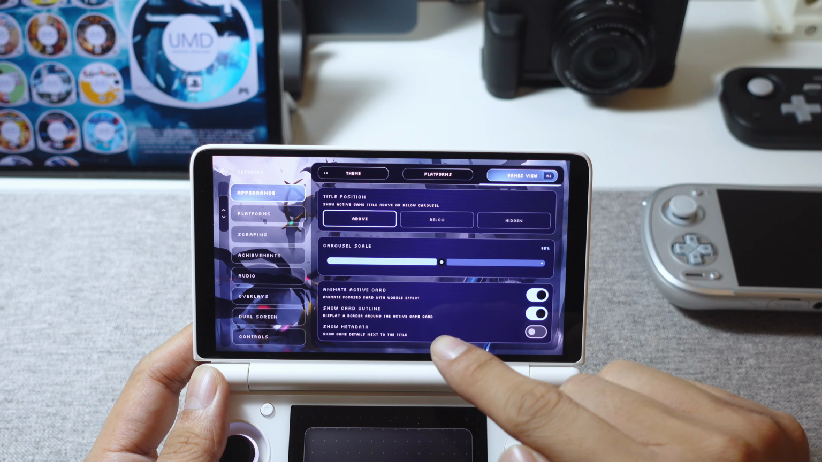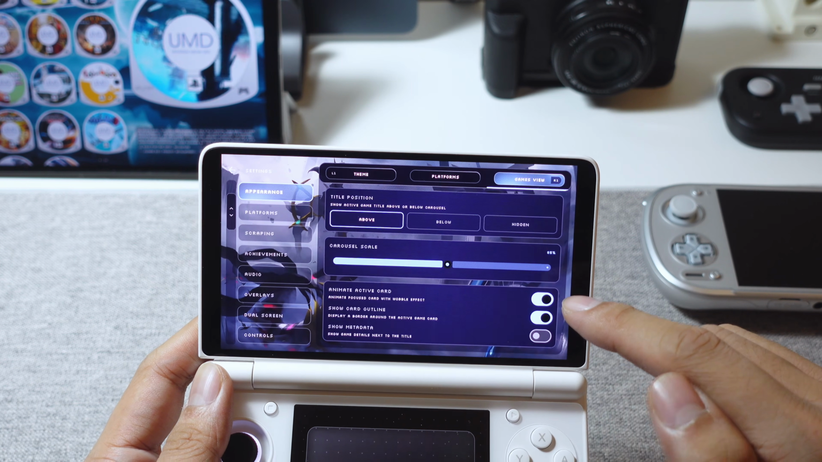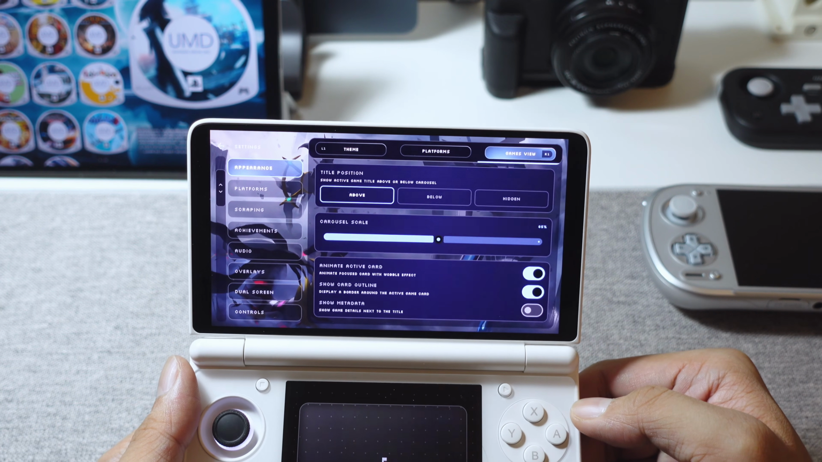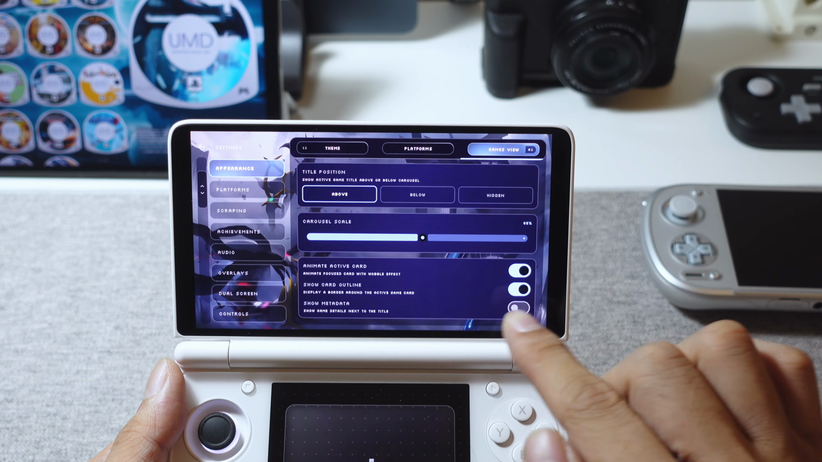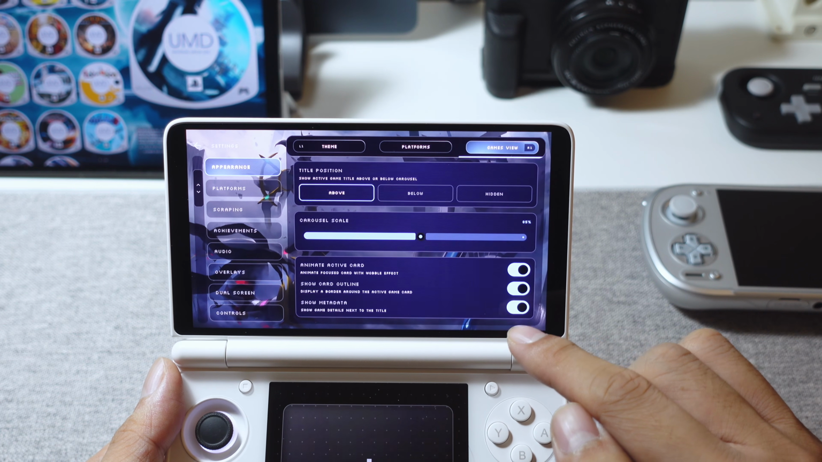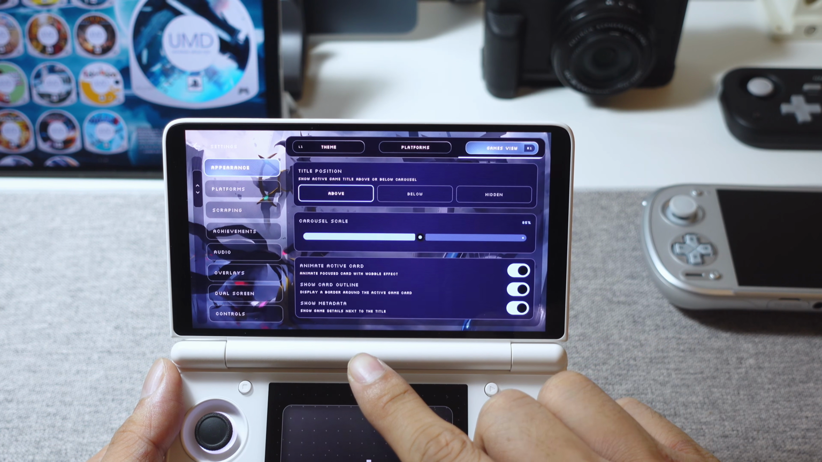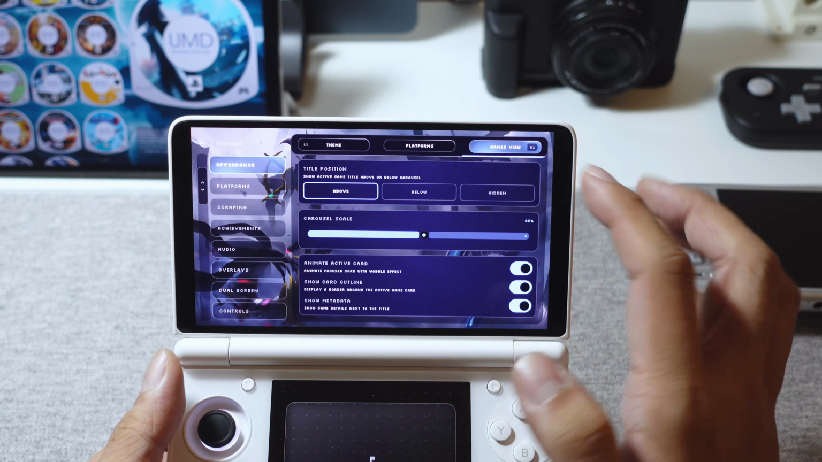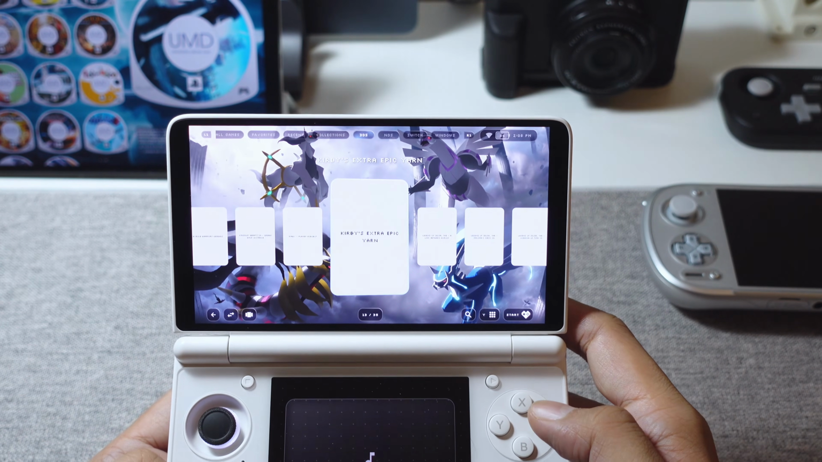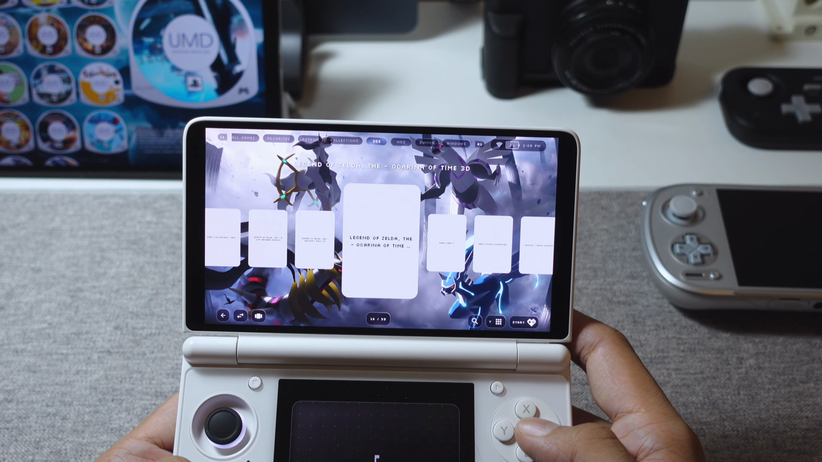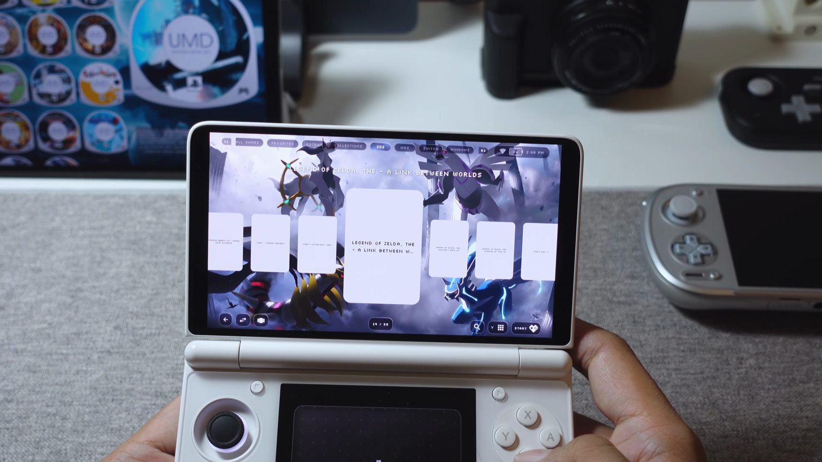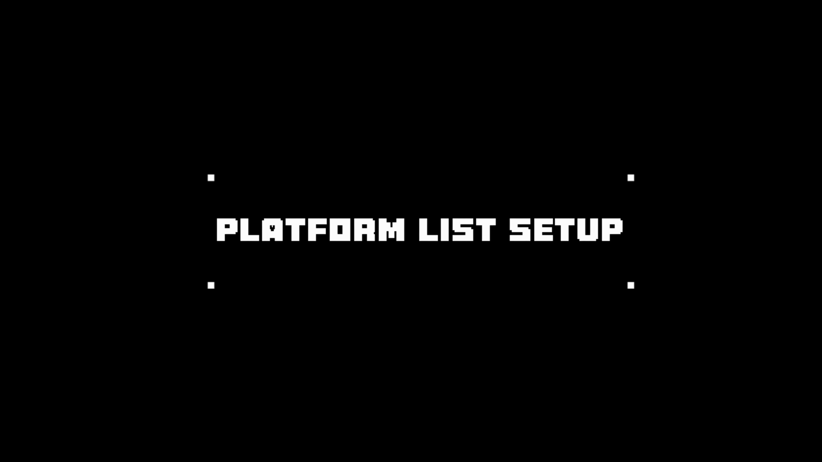Okay, and then animate active card. This one I'll keep on so that I can see which card I'm selected on. And also show card outline, yes. Maybe I'll turn this one on as well. Show metadata next to the title. So that's done. Let's back out and see what it looks like here. So we don't really have anything scraped at the moment, so you don't really see much, but